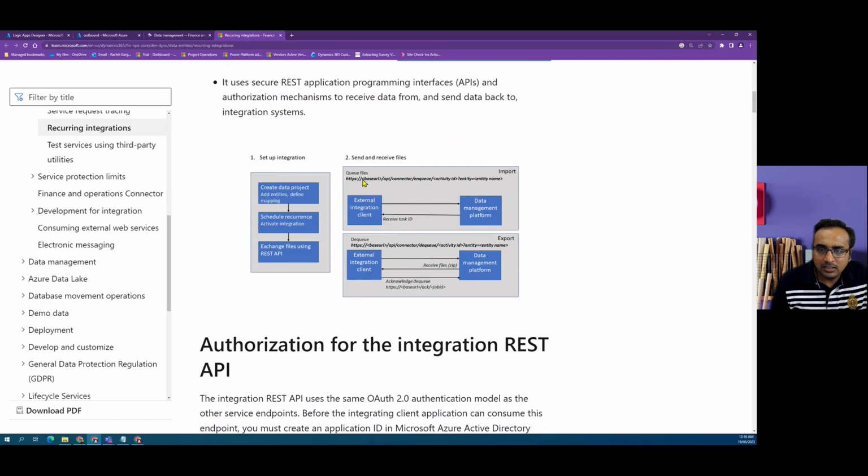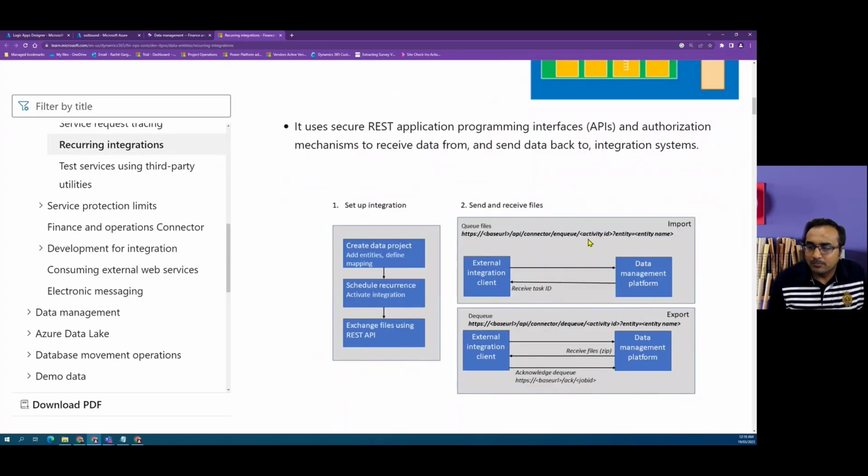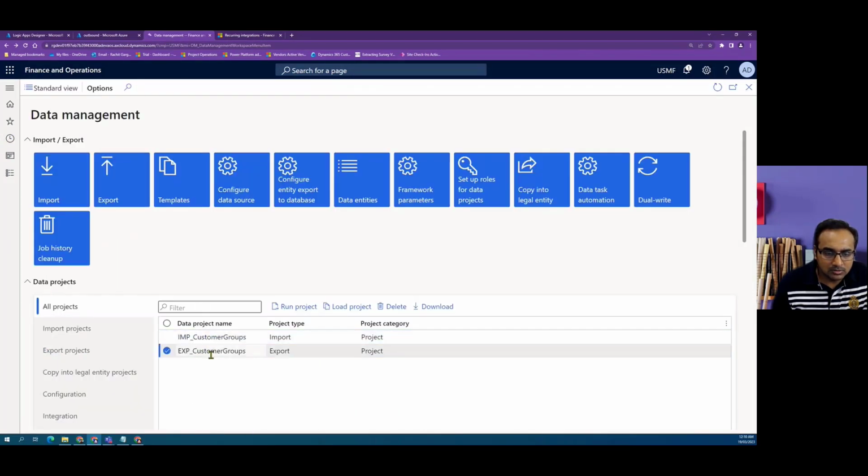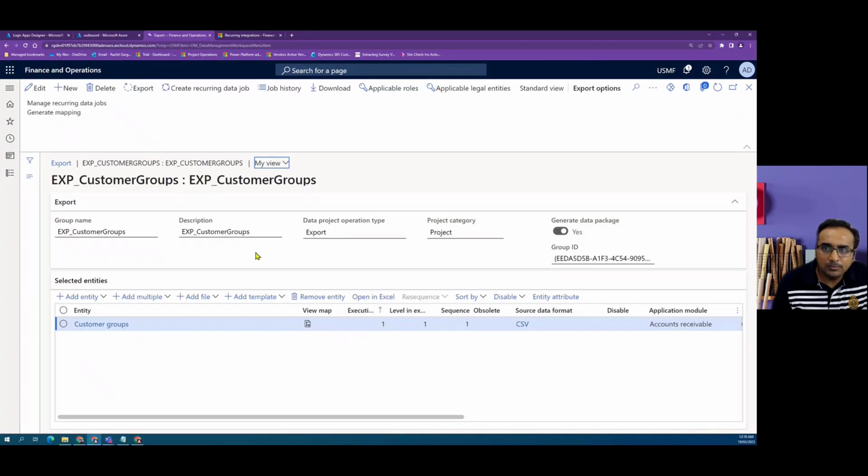subscription. Now, in these APIs, you will notice that there is a particular ID, which is the activity ID, when we are queuing the files in for import scenarios, and for export scenarios, when we dequeue, we need an activity ID. So how to get this activity ID? So what I have done is I have configured a data management export project, which we also used in our previous videos. Now, to use this for recurring integrations, what we have to do is we have to go to